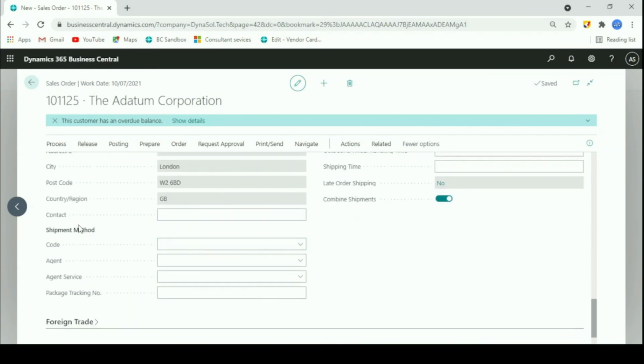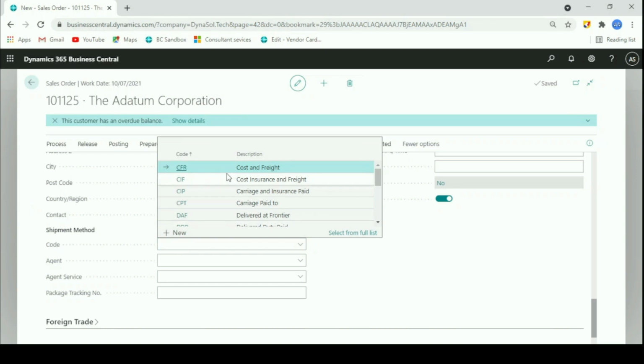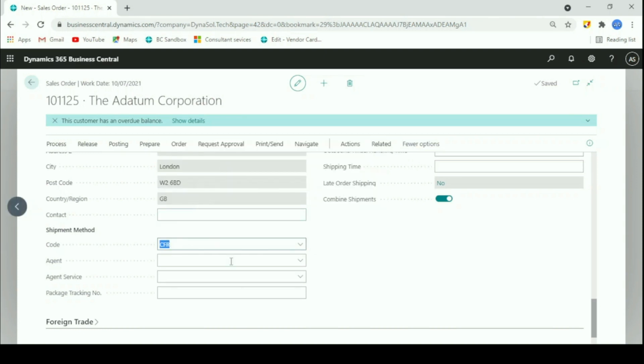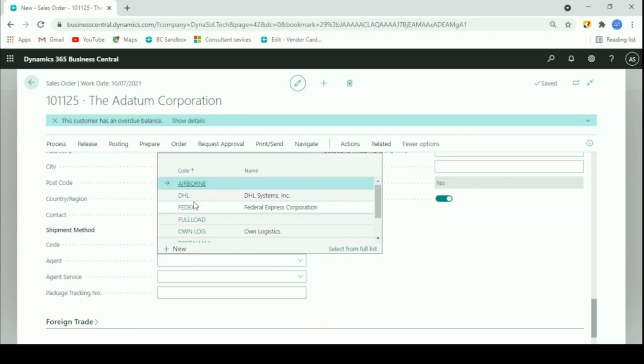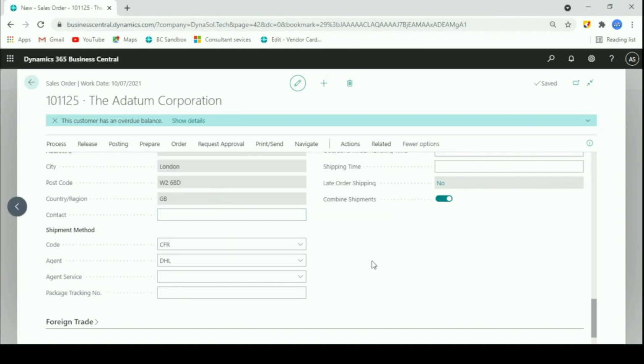The shipping method, if we define it on the customer, comes automatically, or we can add it here as well. For example, I will add the cost freight, and the agent, I will select DHL or FedEx, or whatever option I have in the system.